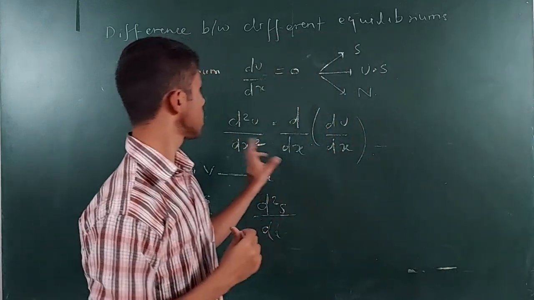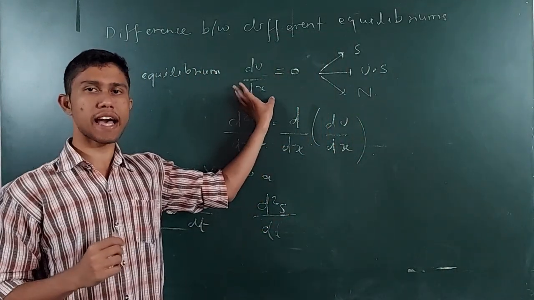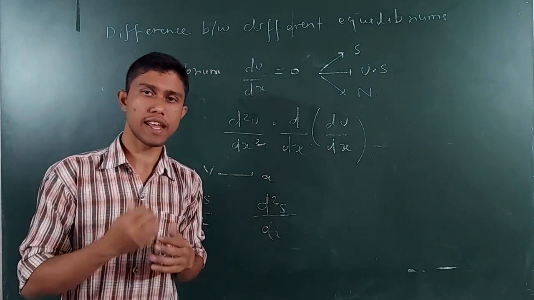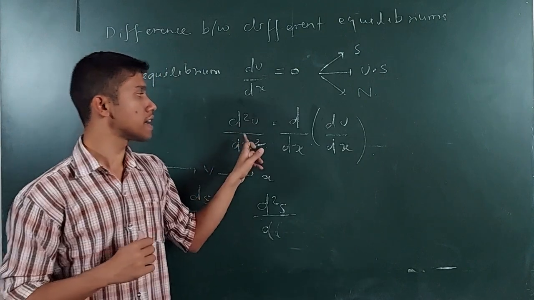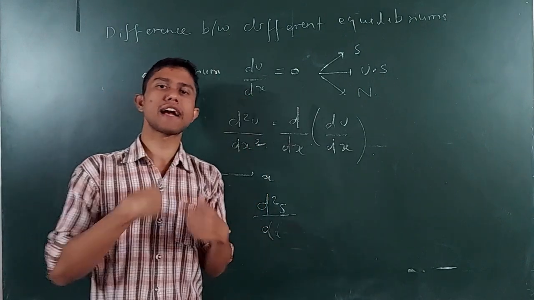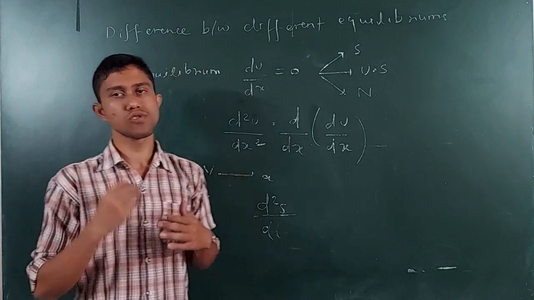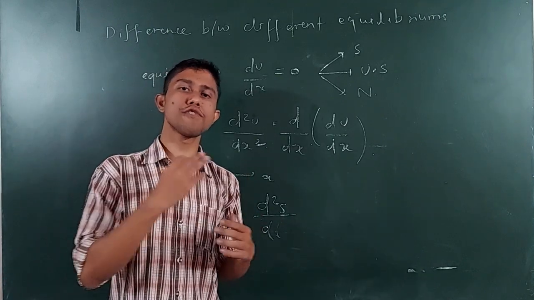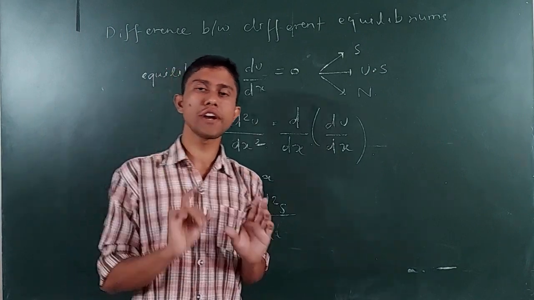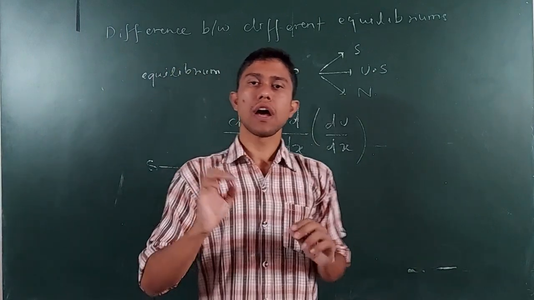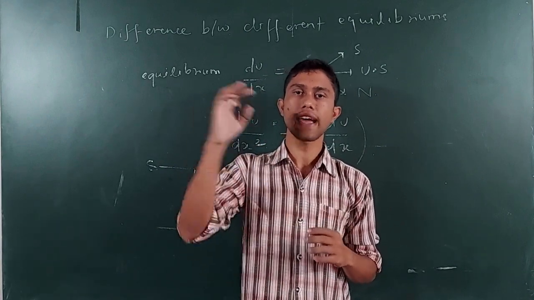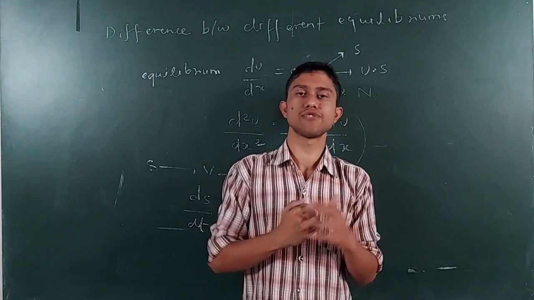वैसे ही हम du by dx क्या है? It is the rate of change of potential energy. अब जब हम उसका डबल डिफरेंशिएशन करेंगे, मतलब हम इस रेट का भी रेट निकालेंगे. समझ में आ रहा है? So we are going to find the rate of change of potential energy. मीन्स वी आर गोइंग टू सिंप्लीफाइड कि पोटेंशियल एनर्जी का जो चेंज होने का रेट है वो कैसे चेंज हो रहा है.